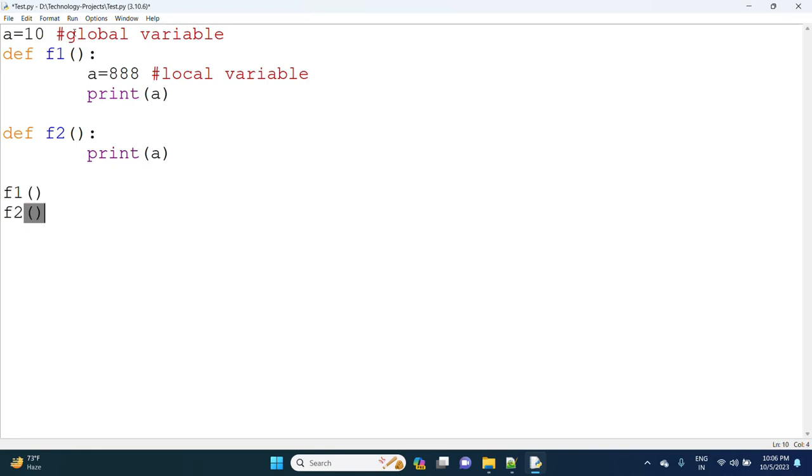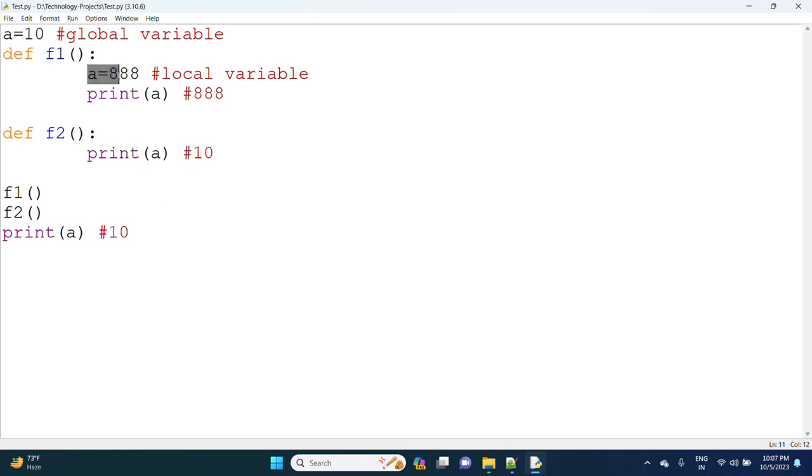I'm calling the functions f1 and f2, and here I'm printing the value of a. Since a = 888 in f1, first we'll get 888. Next we'll get 10, and here also we'll get 10,